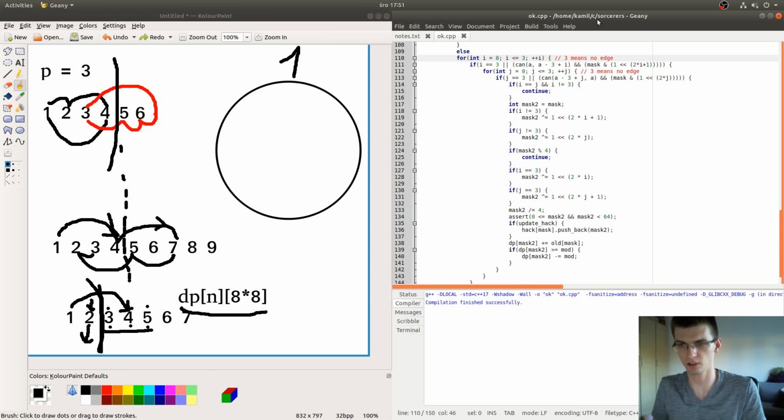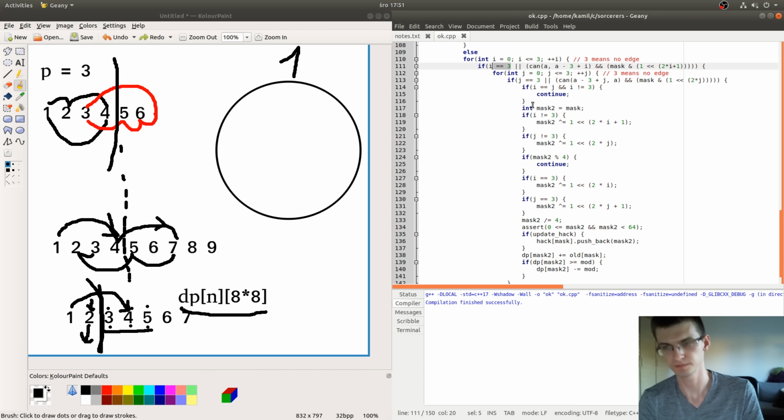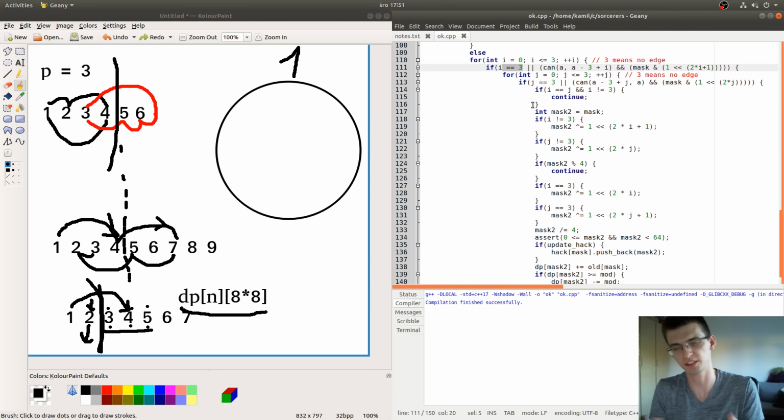It's just for convenience. Here I check that either i is equal to 3, the special case where I don't put an edge because it's already here, or, let's ignore the can function, the mask contains this bit, this bit is turned to 1.